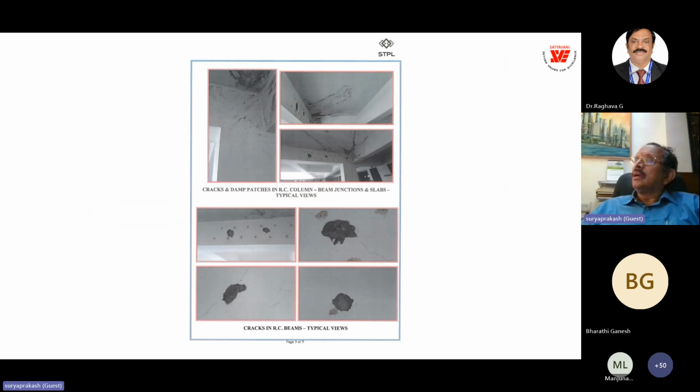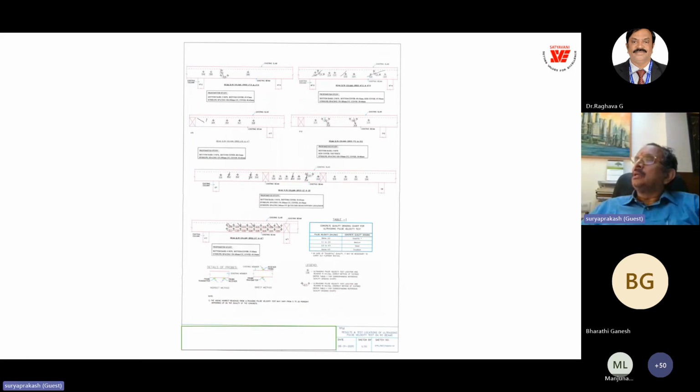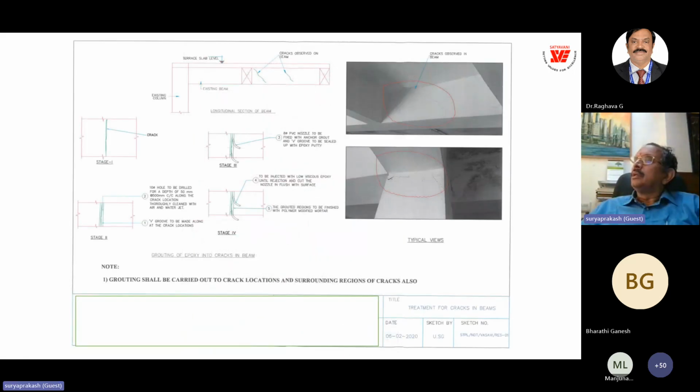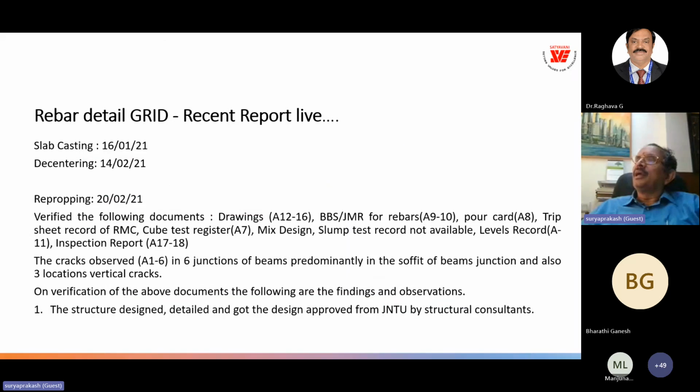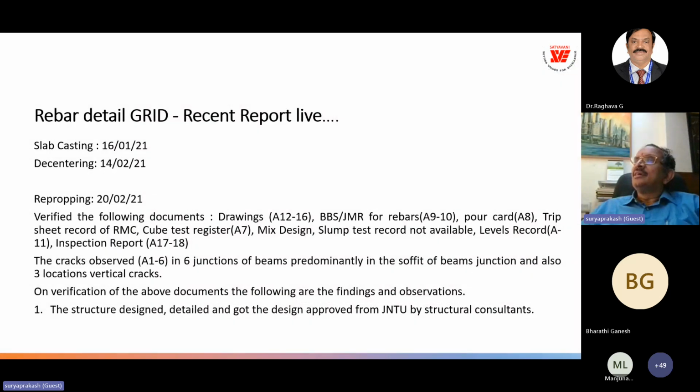So these are the photographs of some of the beams before repairing, and they are repaired and restored as per the details given by the repair and restoration system. And we did the grouting, we did the stitching, we did the reinforcement jacketing, and all the methods of repair, restoration and rehabilitation. This is another interesting case, rebar detailing of the grid beams,